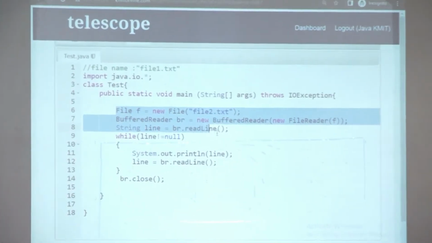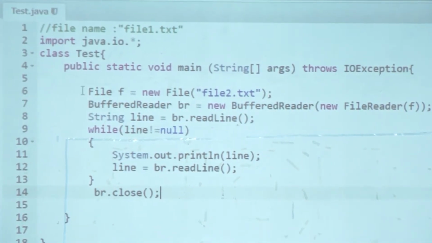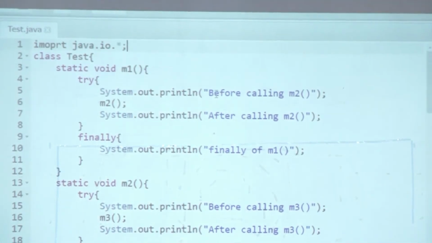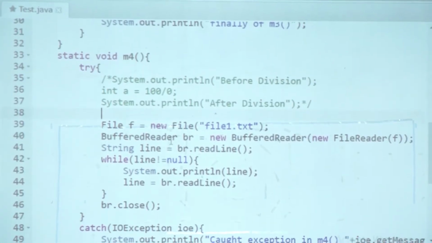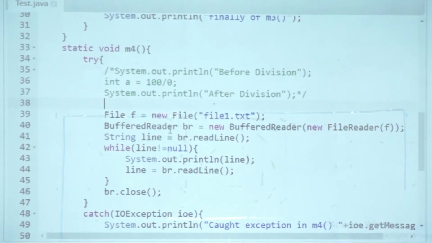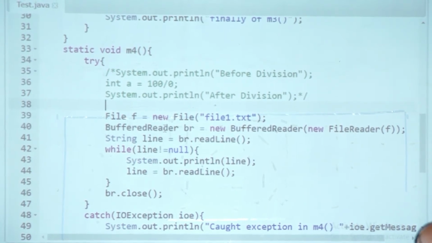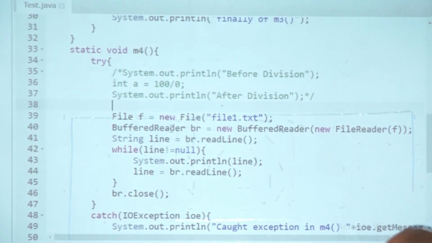Okay, so he's already put in that code. Oh no, we are lifting that code from an earlier exercise. Okay. So, I'll put in that code. Yeah, we have changed M4. I'll just walk you through what changes we have done to M4. Why did we change M4? Because now I want a checked exception to come out of M4 rather than an unchecked exception. So far, we are having only divide by 0, which is a runtime exception. Now I want a checked exception and I want to analyze the behavior.